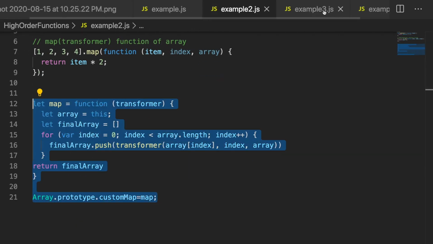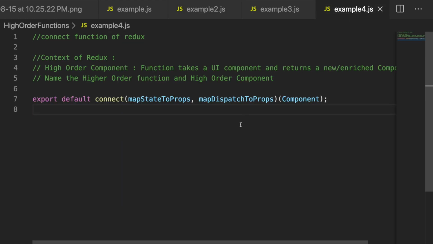So now I'll take a slightly complex example that we use, and I think all Redux users would get this. I think a slight prerequisite is there, that if we understand Redux, this example would be beneficial to them. So we already know that there is a connect function in Redux, right? And basically we wire our component with it, and this is how we write our Redux containers, right? We pass a component, we pass this function, but we need to understand what this connect is and what it actually does, right? So I'm going to dive a bit deeper into this connect function.